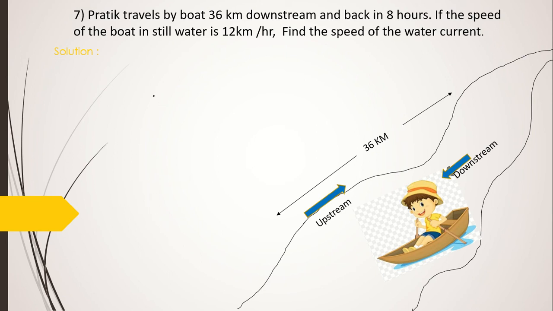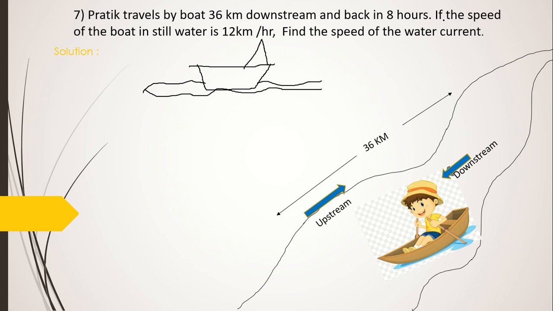Now see, if the boat were in still water, like let's say in a lake where the water is not moving, the water is not flowing, the water is still. If a ship is there, it will remain there, it will not move. If you want to take the ship somewhere, you will need to have a motor in it, and then start the motor and then it will go. So in the still water, where there is no flow, the speed of the boat... we have to find the speed of the water current.